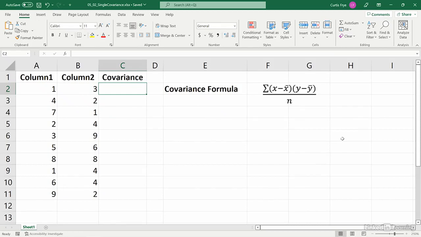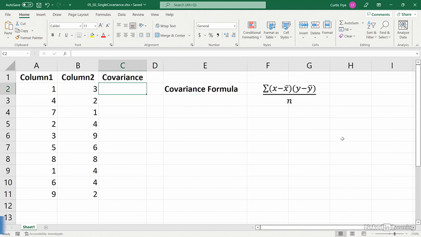When you analyze data, it's often important to see how two sets of values vary in relation to one another. For example, if people drive to get to your store, you might be interested in knowing if the distance they drive is related to how much they spend. In this movie, I will show you how to look at the relationship between two sets of values by calculating